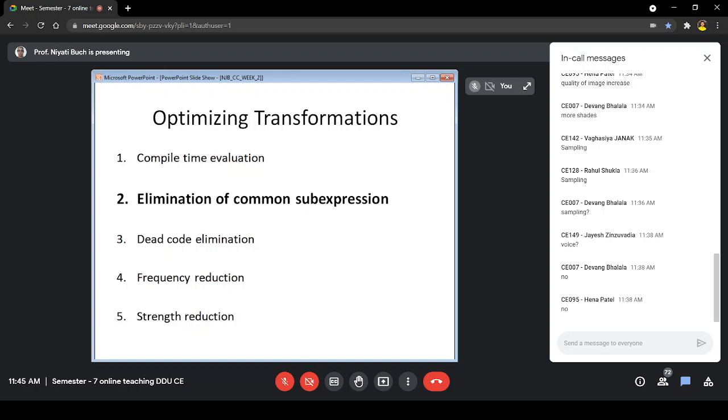So before we begin with the topic that we are going to cover today, I would like to ask you whether you have any questions regarding what we have learned so far, especially in generation of three-address code, which we discussed last week. And in yesterday's lecture, what we saw was how we divide our three address code into basic blocks by first identifying the leaders.